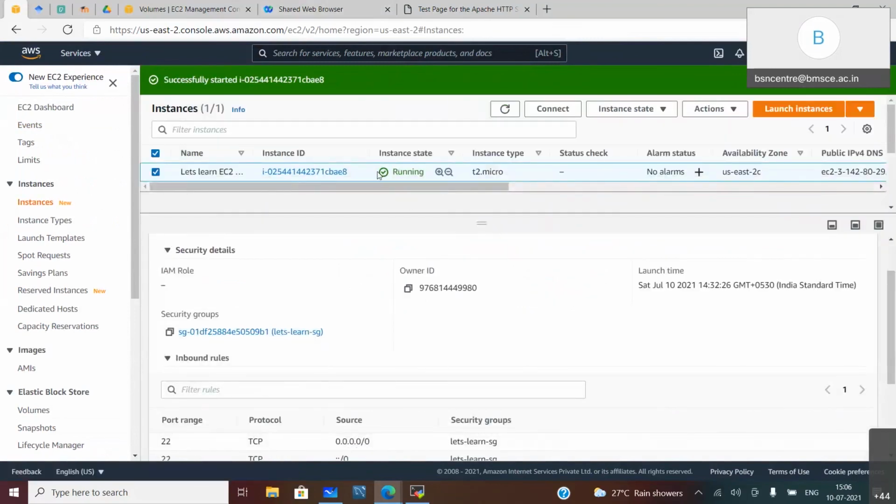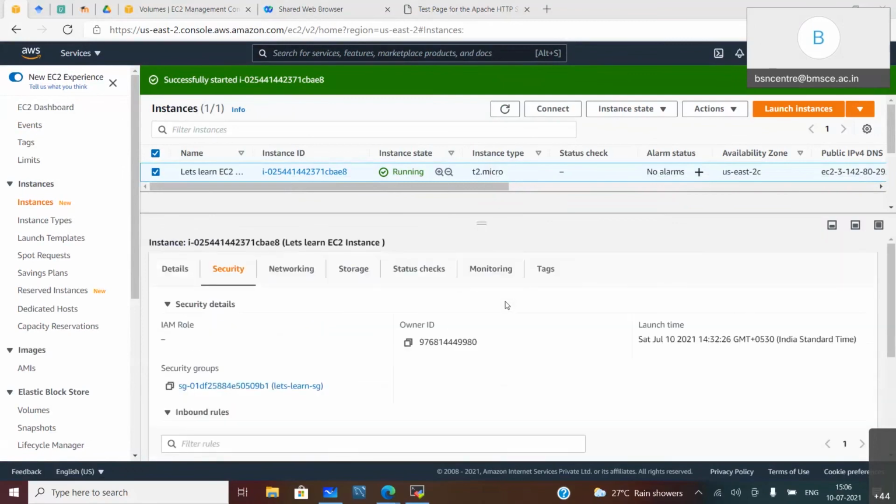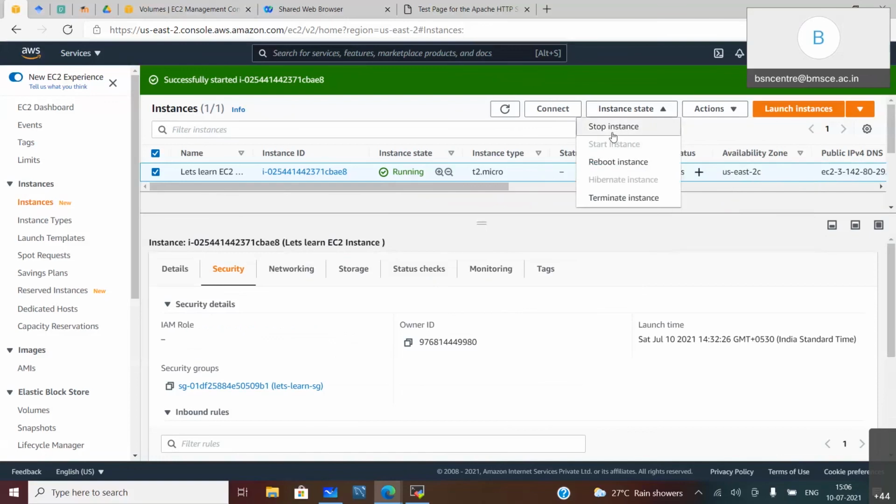Now this instance is running. You want to stop the instance, you want to delete the instance. Go to actions at the top, click there. Not instance state, sorry, Ravi, instance state. Stop instance, reboot instance, terminate instance.